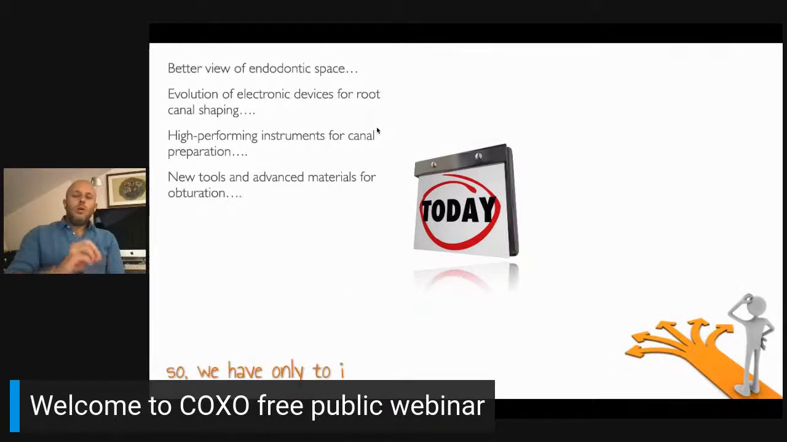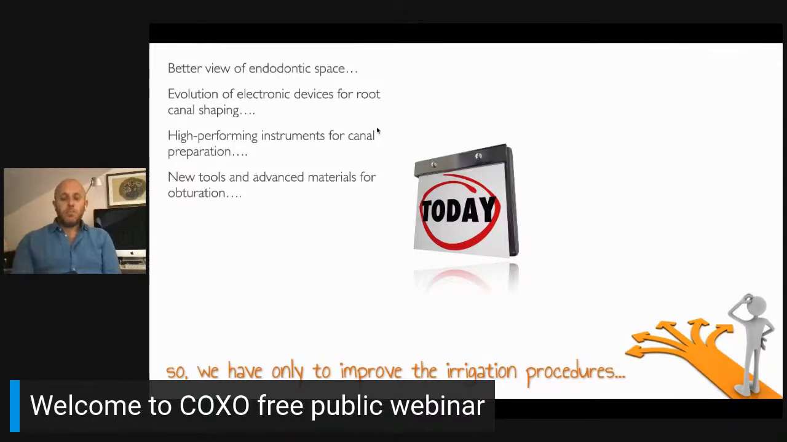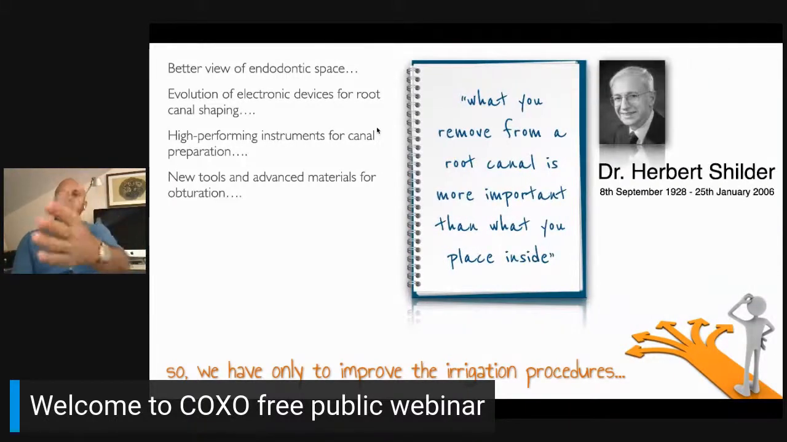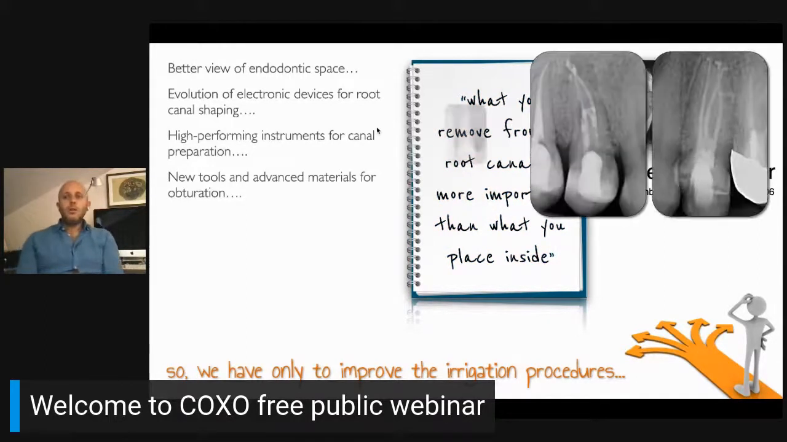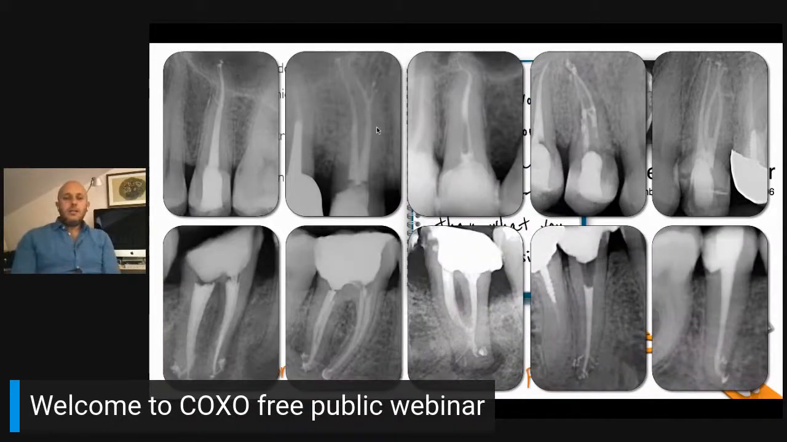So what we can do in daily endodontics is to improve and make the irrigation protocols the best possible. As Herbert Schilder told us for many years, we all know that what we remove from the root canal is more important than what we place inside. We can remove everything inside the root canal with the aid of irrigating solution. So we can obtain the best possible cleaning and disinfection of the endodontic space, not depending on the root canal anatomy, because